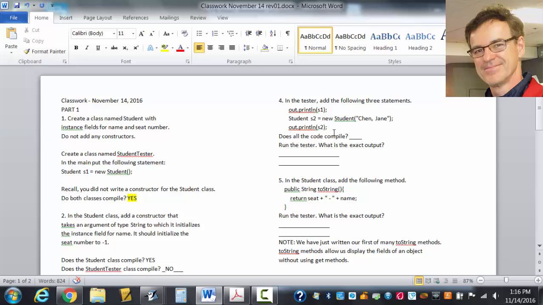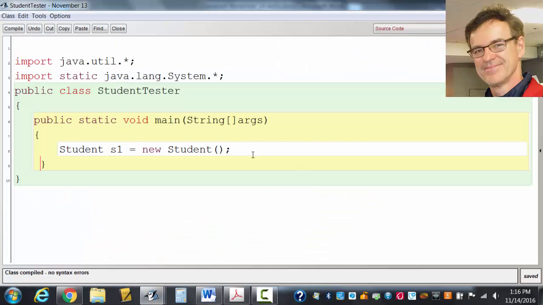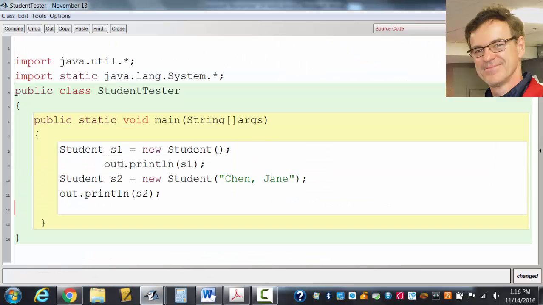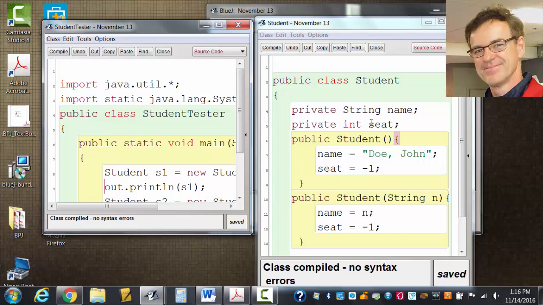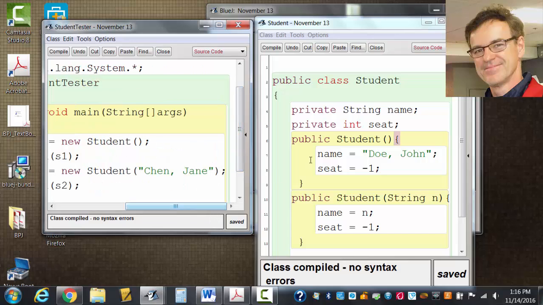Okay, number 4, let me do number 4 with you. Add these statements here. Control C to the student tester. And so now we're just testing both constructors. Okay, and we're also going to see what happens when we output a student. No errors, but when we run it, you might expect to see something nice on the screen, like John Doe or Doe John or whatever. What do we put over here for the name? We put in Jane Chen, but when we run it,